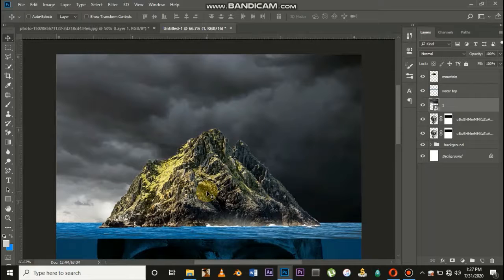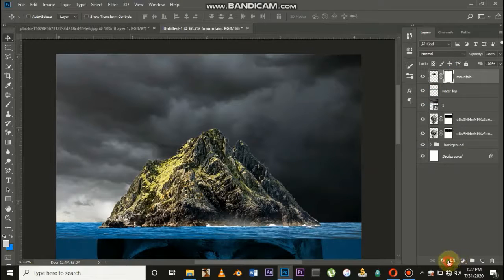On the right hand side, I have the very dark cloud, and on the left hand side, it's not really dark. That means the cloud is moving. The storm is moving from the right side to the left side, or it can be leaving from the left side to the right side. So this is what we're going to do now. We have to make the right side of our mountain dark and spooky. So how are we going to do that? Go to your